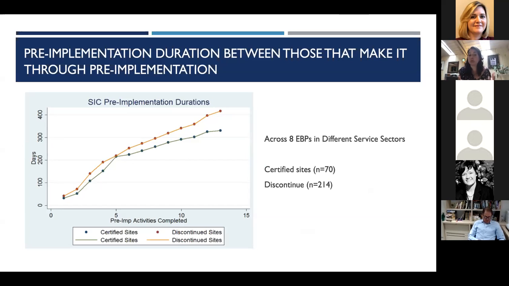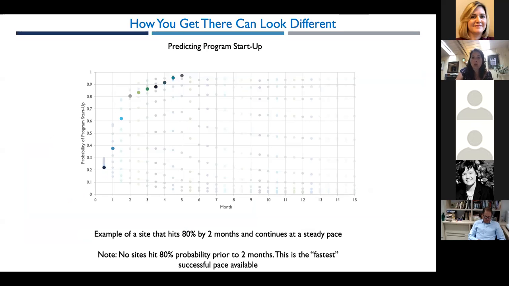And so this is where we're starting to think, well, what is it about duration and the pacing of doing these activities? One thing that we've learned, though, is that how you can be successful, how you get there in the pacing, can look quite different. So this is an example of a site. Think of each of these dots here as a combination of this algorithm that looks at duration and proportion. So this is basically how much you have done at this given point in time in your progression.